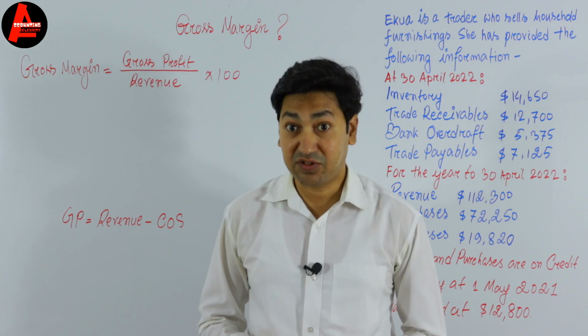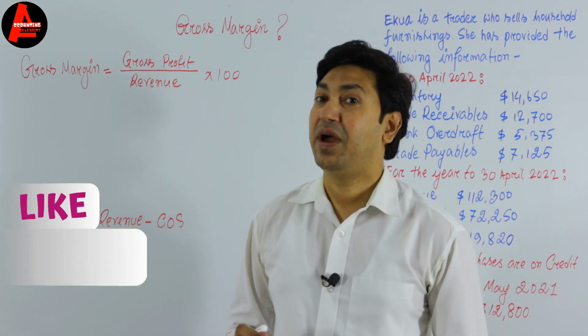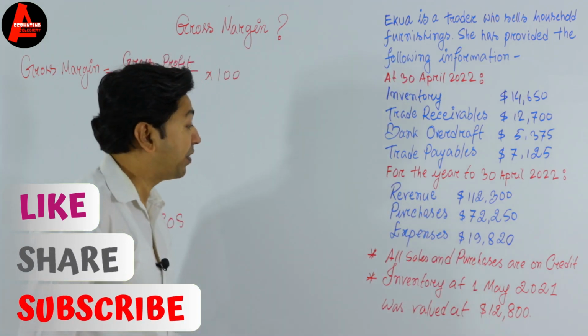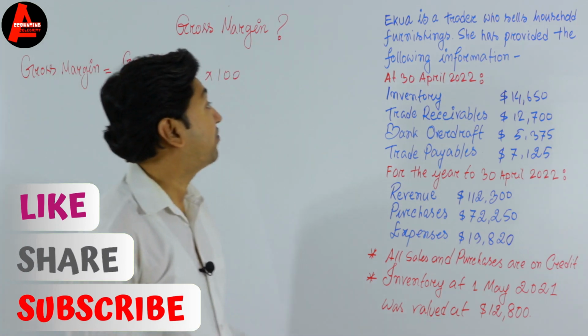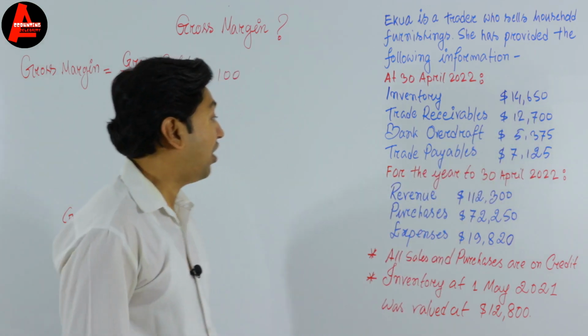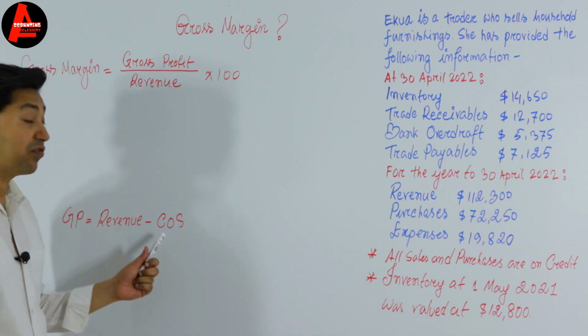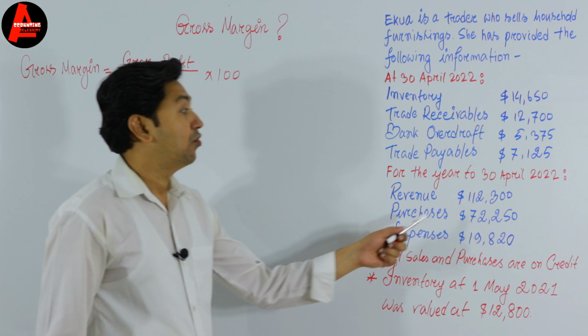The cost of sales equals opening inventory plus purchases minus closing inventory. So here we have opening inventory which is $12,800. We have here closing inventory $14,650 and we also have purchases, right? So easily we can calculate our cost of sales and the revenue is already given here